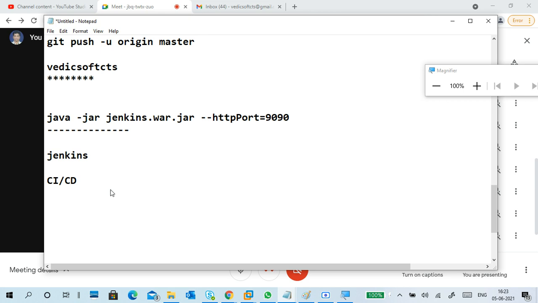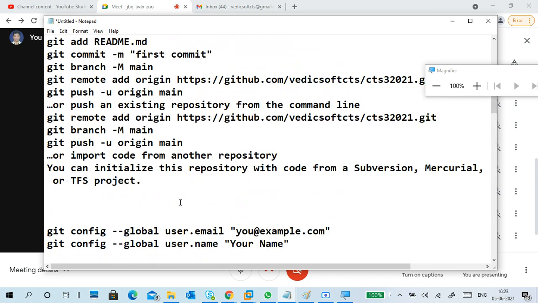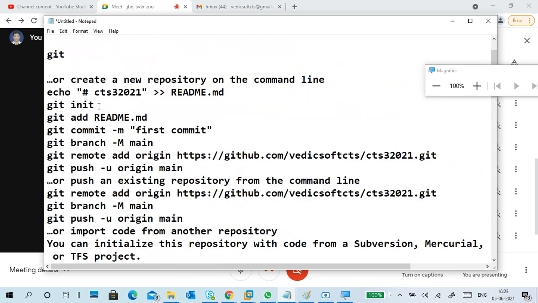Now the life cycle of Jenkins. First understand the Git life cycle. If the question is what is the Git life cycle: Git init, Git add, Git commit, Git push. This is the main life cycle.